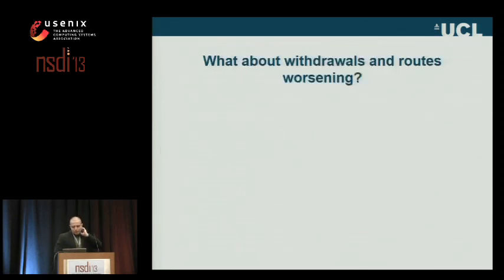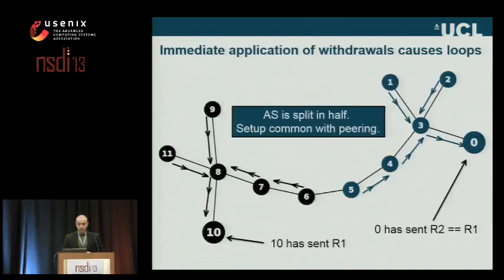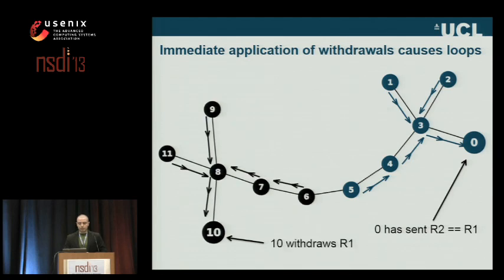So what about withdrawals? One can not only send updates, but can also send withdrawals or updates that make a route less preferred. How do we handle those? Well, here you can see a setup which is very common with peering. We have two equally preferred routes. They split the autonomous system in two pieces, and each router holds both routes. Again, we have two border routers. Now, let's look at what happens when 10 withdraws its route. We immediately have a problem. This is because 10 still keeps track of 0's route, and when it sees the external withdrawal, it will start directing traffic towards 0.